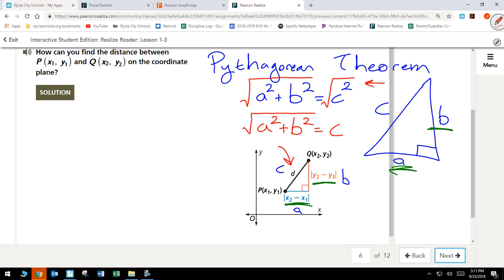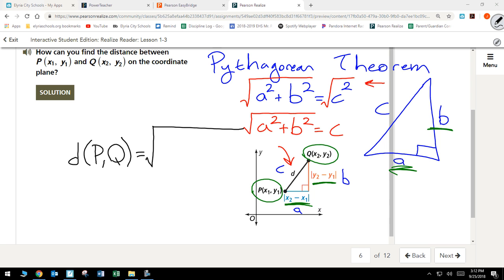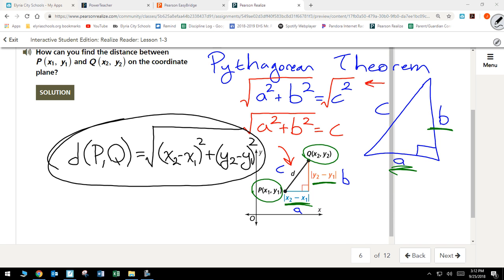Now, if I translate that to, if I don't know the side lengths, if I only know coordinate points, and I want to come up with a formula, the formula would be the distance between points, sometimes written as d of pq, is equal to the square root of our side A, which, given in points, is x2 minus x1, plus the square of the other side, which has a length of y2 minus y1 squared. And that is the distance formula,